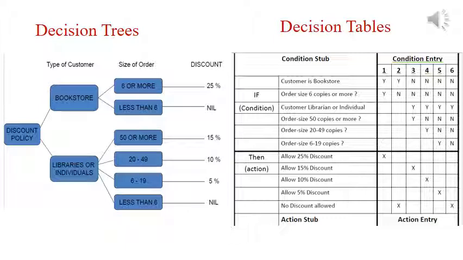And if the order is between 6 and 19, there is a 5% discount. In the case of a library or individual with an order size of fewer than 6 copies, there is no discount. If all the conditions are no, there is no discount. So this is a simple